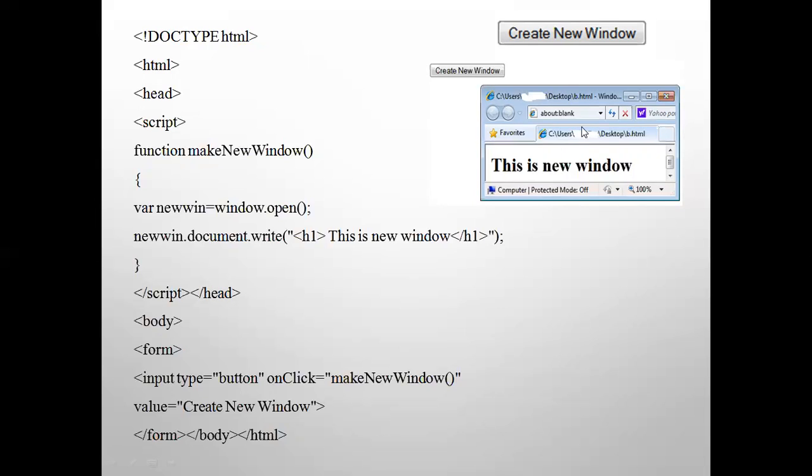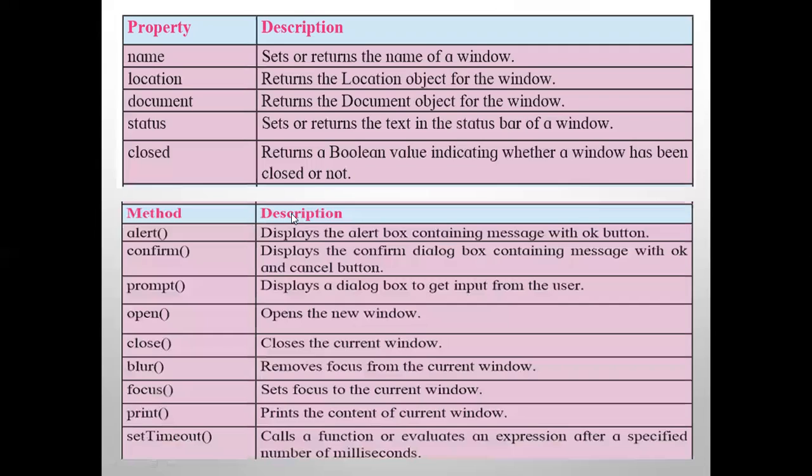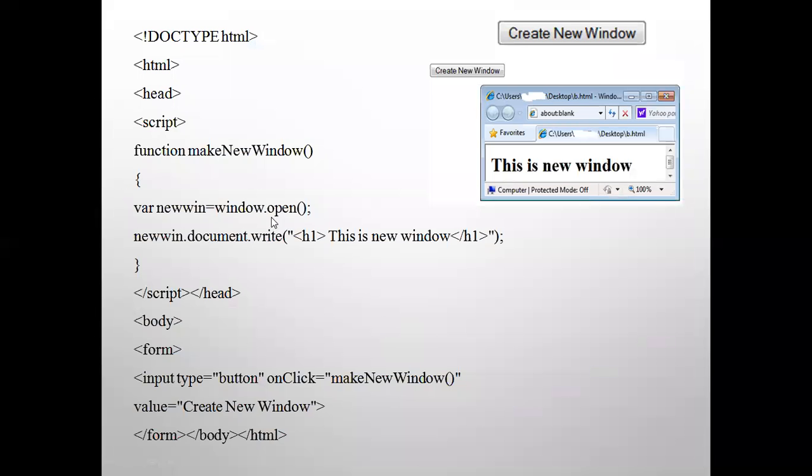In the main window, it's going to open a sub window and display a message. If you want to open one window in another, you use the window.open function. See here, this function opens a new window in the main window. I am demonstrating this function here in the window object.